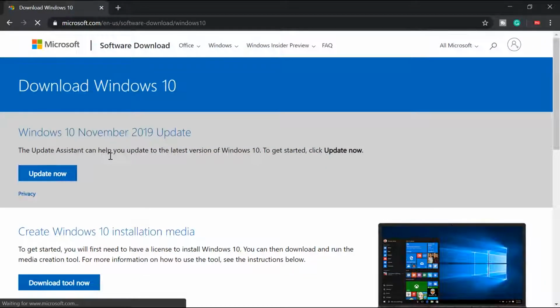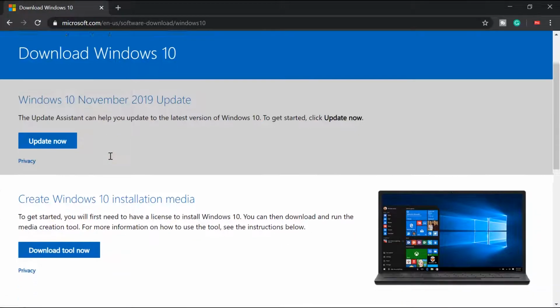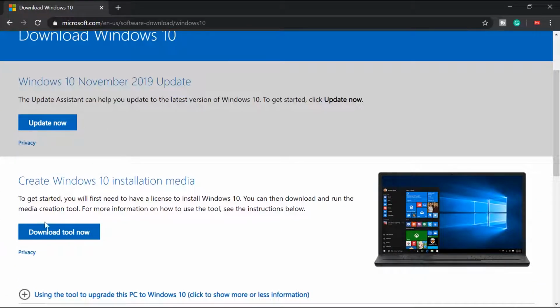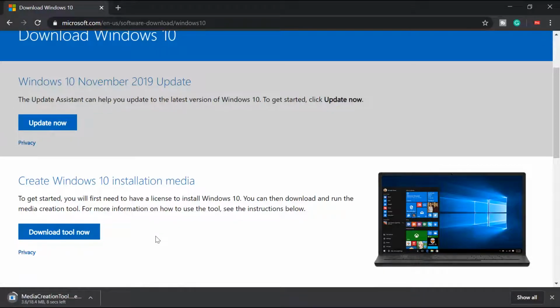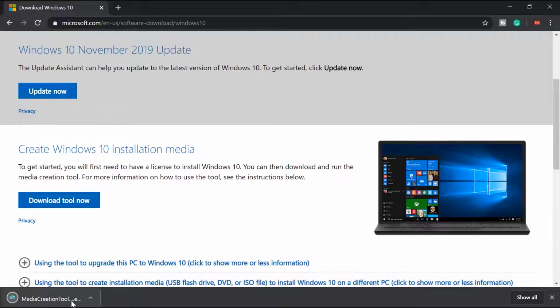Now, if you know how to do this, just go ahead, download, and go for the Create Windows 10 Installation Media. Other people already know how to create their own Windows installation media. They can use Rufus. It's up to you if you know. But for the people who don't know, it's easy. Just go here, click download. Make sure your USB stick is plugged in. When that's done, you can open this